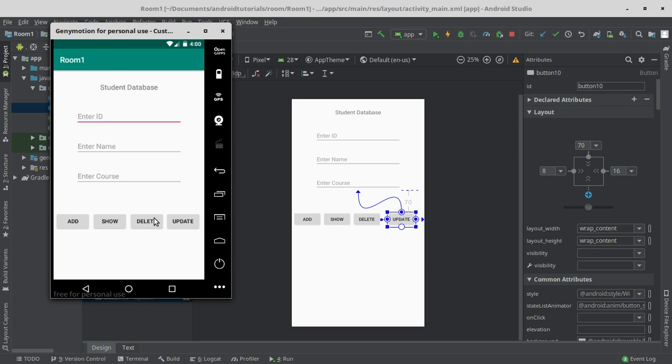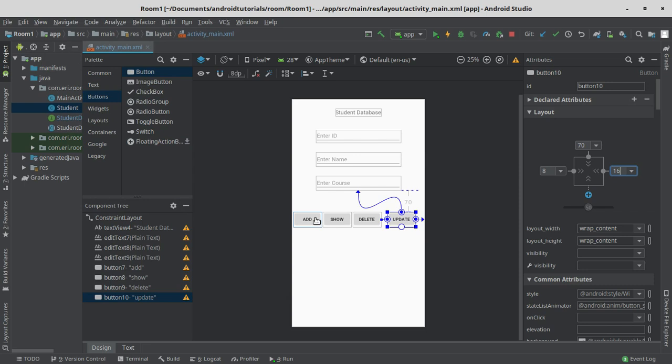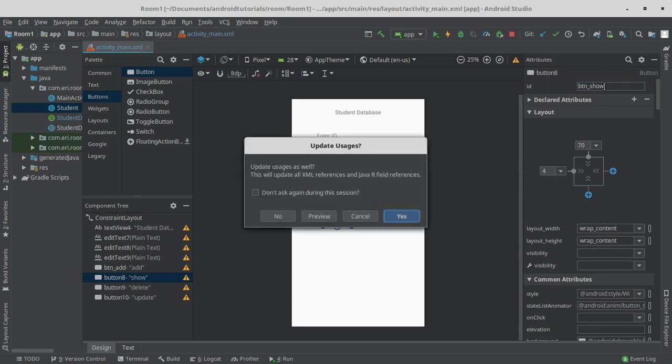So there is another thing that we have to add. For each of these buttons, we have to give it an ID, and it's going to be btn_add. And for the show button, the ID is gonna be btn underscore show, then click enter, and here click yes, because we need to update all the references that there are in this